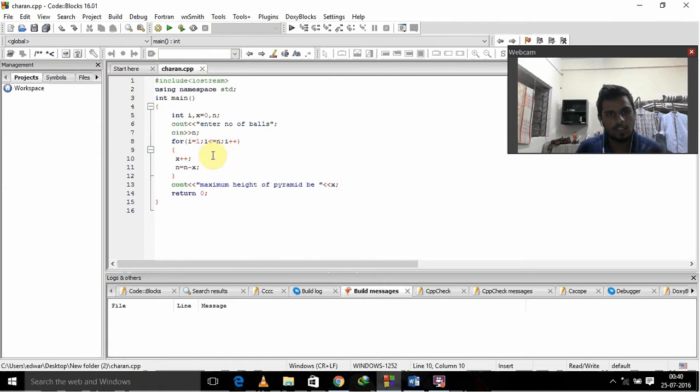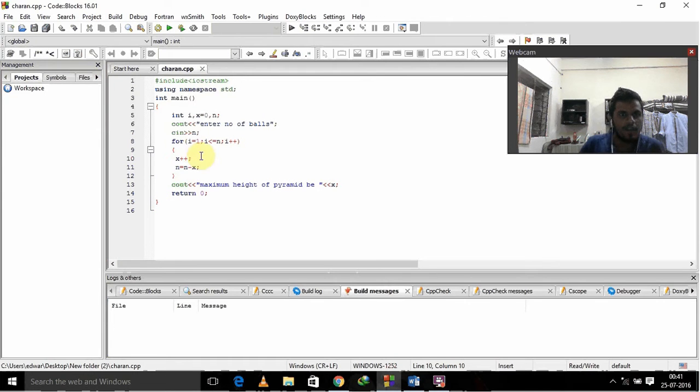So this process happens until the value is less than or equal to n. Once it is greater than n, the loop gets terminated, and I gave a cout statement at the end. When the loop gets terminated, the maximum height of the pyramid is displayed,